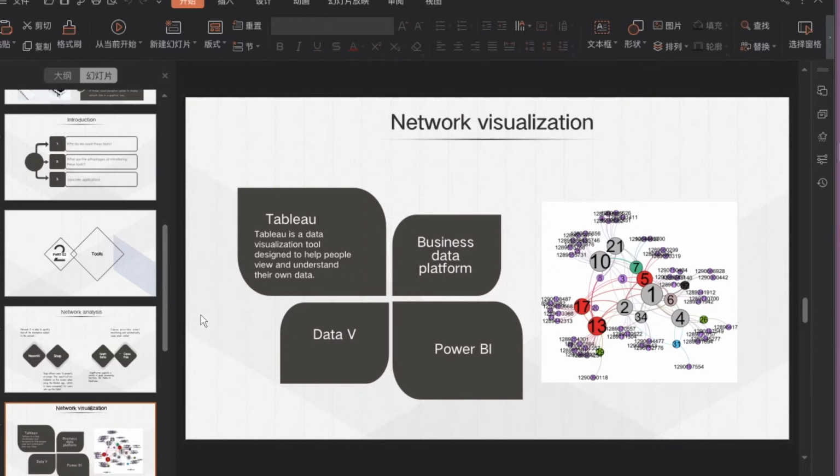And the third is DataV, a big data visualization application developed by Alibaba Cloud that focuses on the coverage of business data and geographic information. It supports the conversion of a number of data sources, such as RDS for MySQL, AnalyticDB, CSV, and API